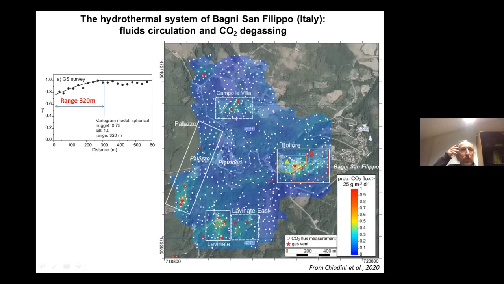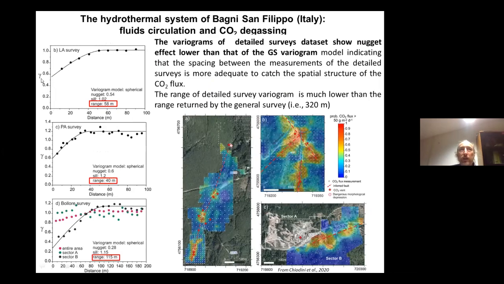The other thing that can be learned from this example is this one. If we look at the map deriving from the general survey and the structure of the data, we see that the variogram of the data from the general survey shows a very high nugget effect and a range of about 320 meters. This very high nugget effect suggests that the small scale contribution is very high, and this probably suggests that the spacing used for this general survey is not very good for defining the real structure of the fluxes in the area. In fact, if we look at the variogram of the